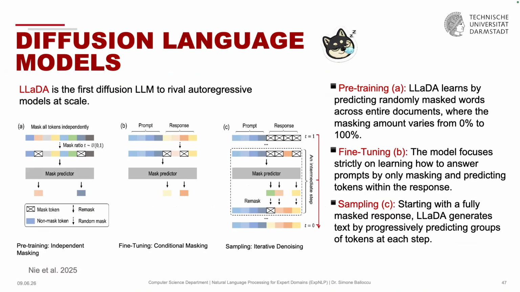A very famous and fundamental paper and model that used this technique and utilized it on text was called LLaDA. So let's see how LLaDA dealt with the problem. As I said, one problem was to figure out a way to add noise to the text. And of course, it's not an image, you can't add Gaussian noise to it. So what they did instead was they masked some tokens in the input. For example, if you want to add 10% noise to your text input, you will mask 10% of your input tokens.